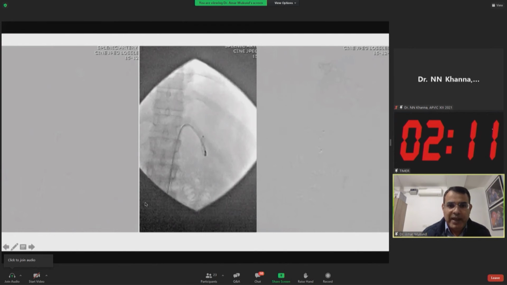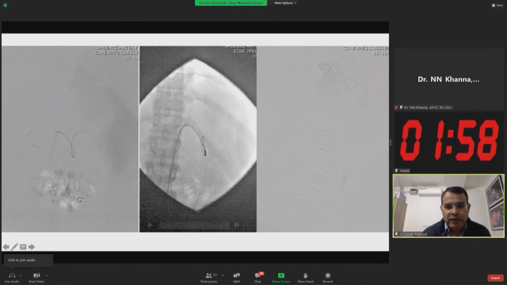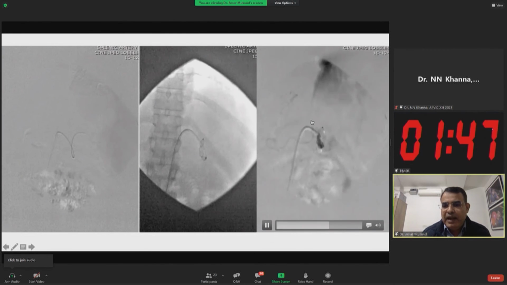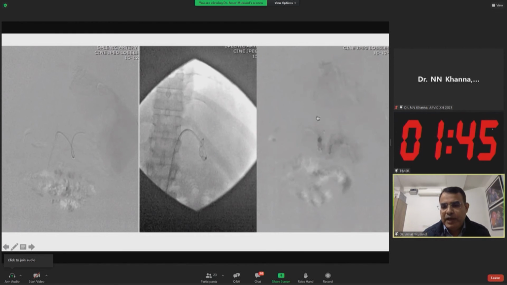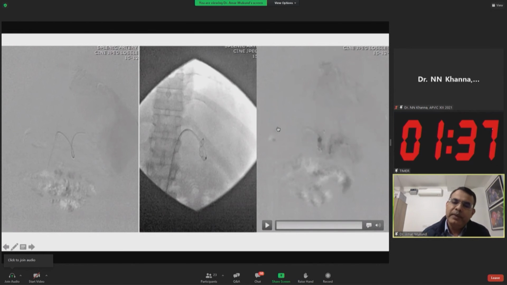And this is one of the cases in which there was refractory ascites, and the patient was not fit for TIPS. So proximal splenic artery embolization was planned, and here cannulation of the splenic artery was done. And for placement of the plug, a 5-6 French sheath has been placed into the splenic artery. The plug has been deployed, and it is a simple procedure. After closure of the splenic artery, we can see a nice flow going into the distal splenic artery through the collateral channel. However, the hepatic artery and gastric artery are filling normally.